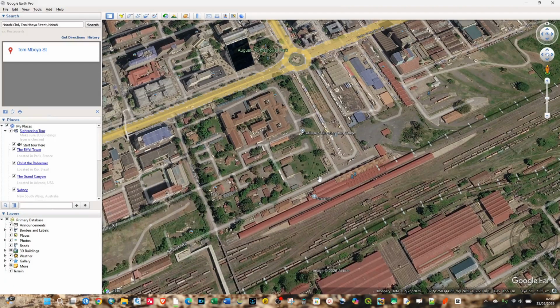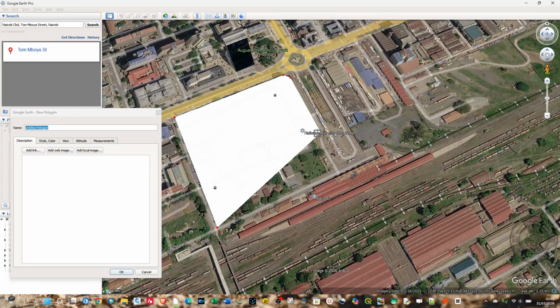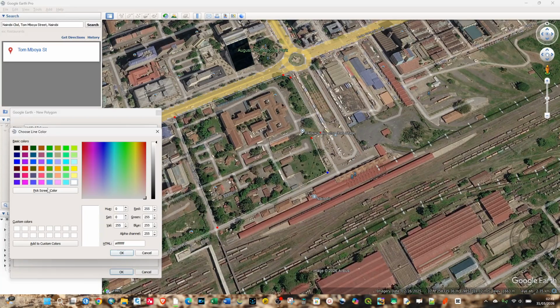All you have to do is select add polygon. Just click on that. You can choose to give it a name and start digitizing from that point. Go to the second point, third point, and the last point. You can also select, you can just choose outline, change color, change that to pink,